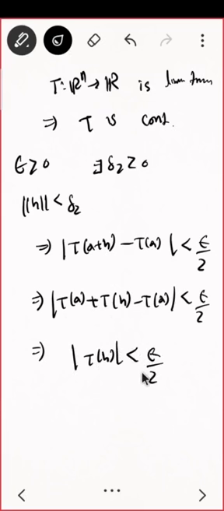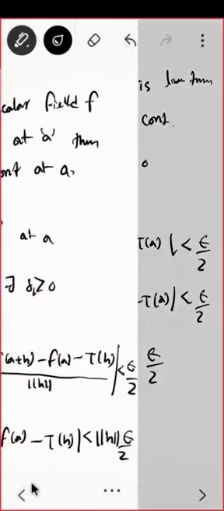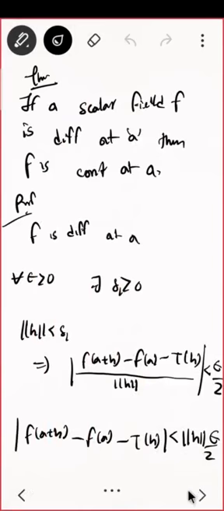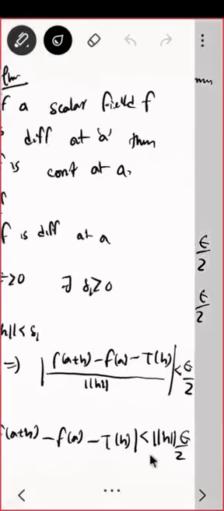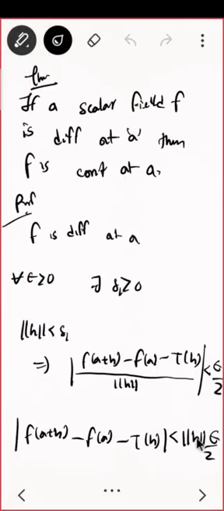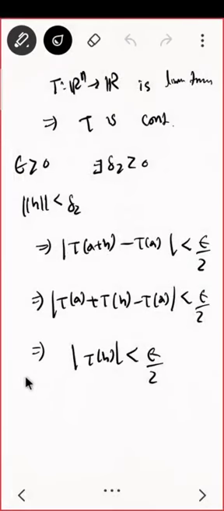What else now? We have conditions on both terms: the first one is this, the second one is this. So now we have to choose a delta which should work for everybody. The problem is that here I also have norm h. Norm h is already less than delta, so I want this factor to be 1. So for choosing delta,